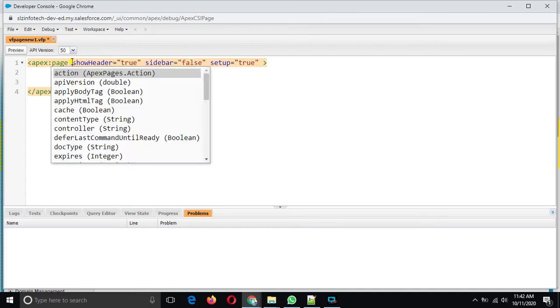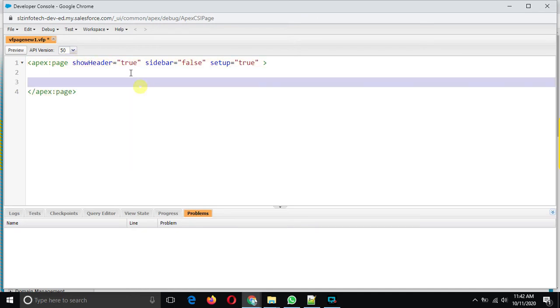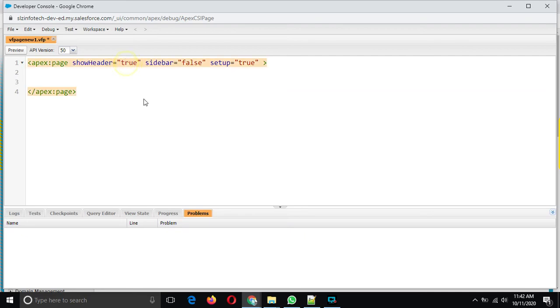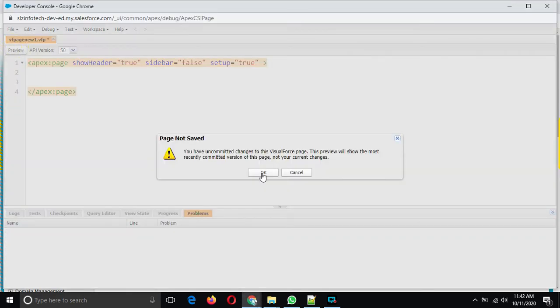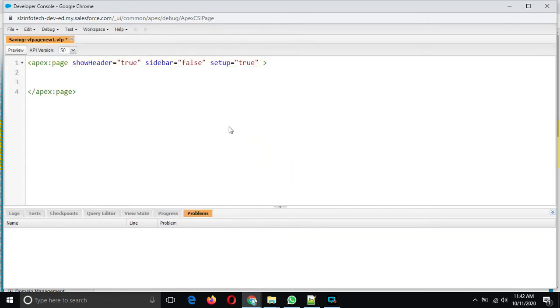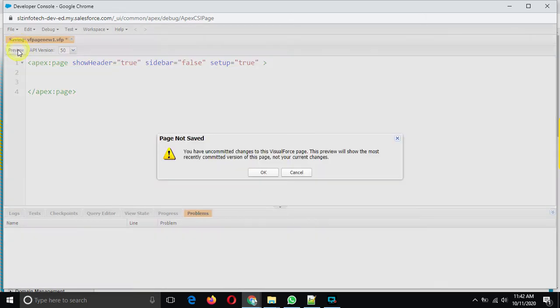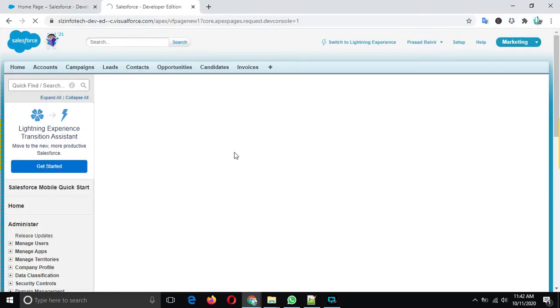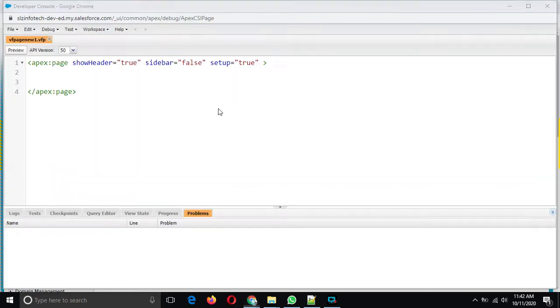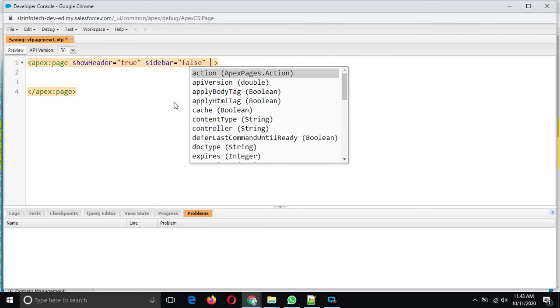So if you put show header true, then see the preview. We have to save. For the time being, let me remove the setup so you can understand the look and feel when using show header.